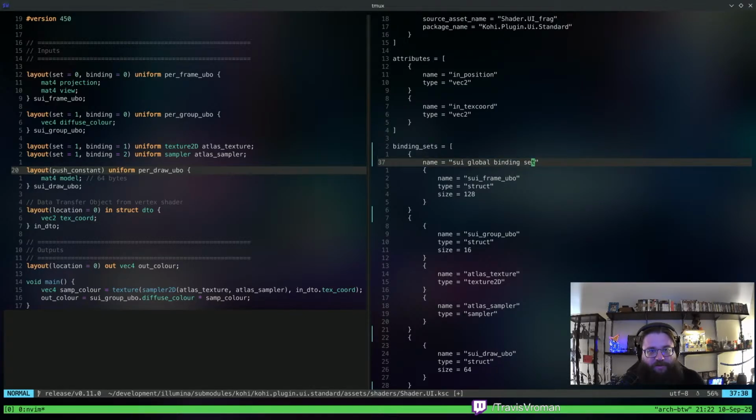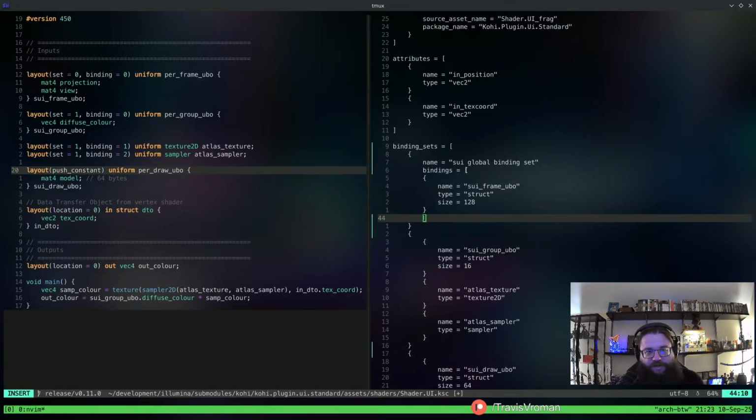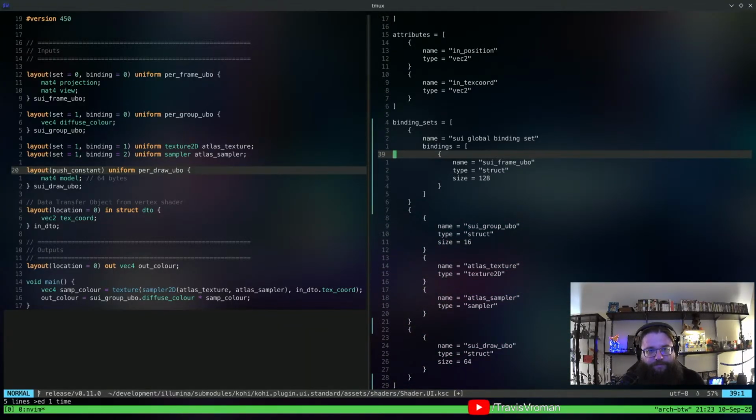And then our bindings is going to be an array, right? And that array is going to house, in this case, one single binding, right? So this binding is going to be the SUI global UBO, right?